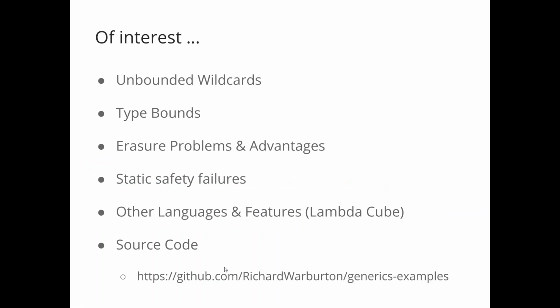Cool. And I thought I'd just summarize by talking about a few of the other little bits and bobs we have in terms of generics and type systems. So, there's things like unbounded wildcards, which are where we have just a question mark on its own. And we've talked about type bounds, so with just the extends keyword. Erasure itself is one of those things in generics